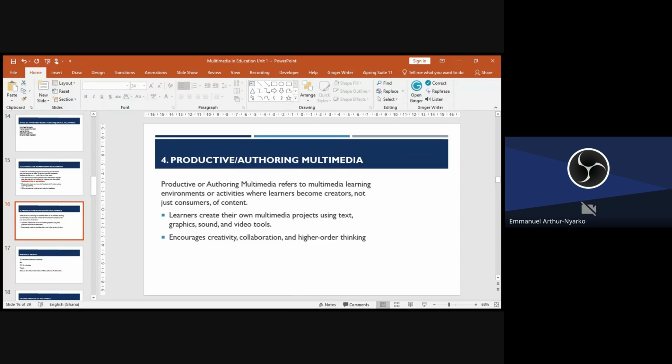At least you'll be using Camtasia, or PowerPoint, to create a multimedia application. Have it in mind. You can't run away from that. And I will teach you how to go about it, and I also leave you to go and explore. You create, you explore, you create, and then present it.